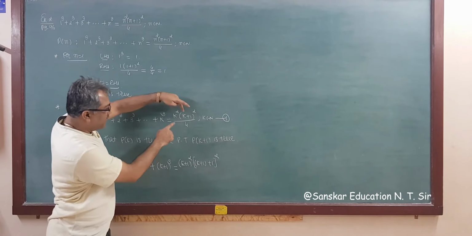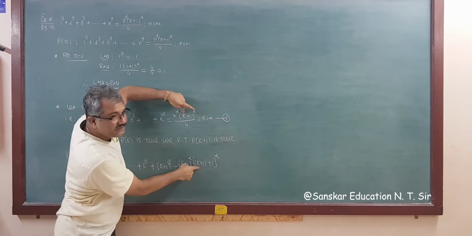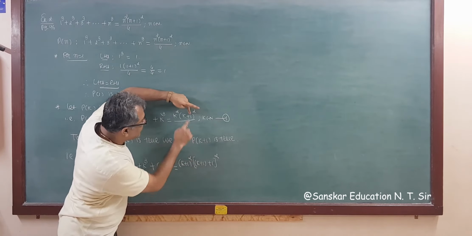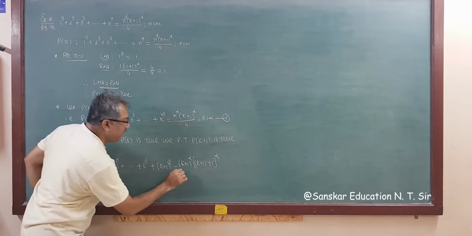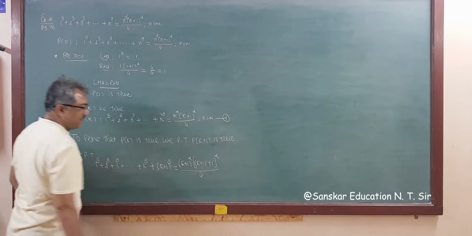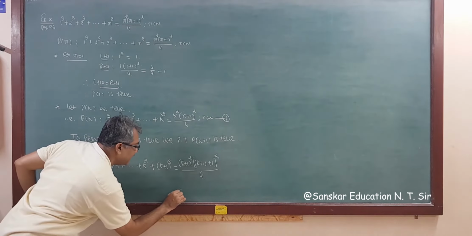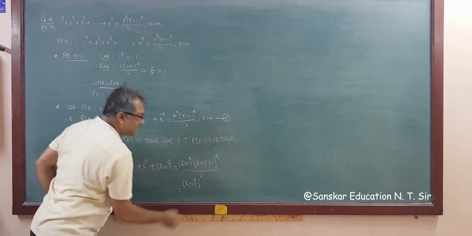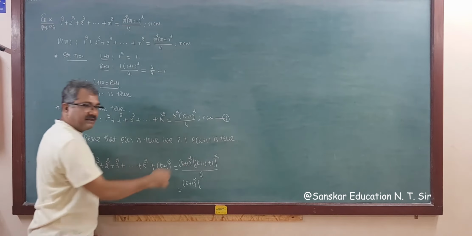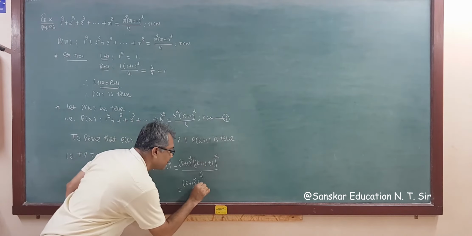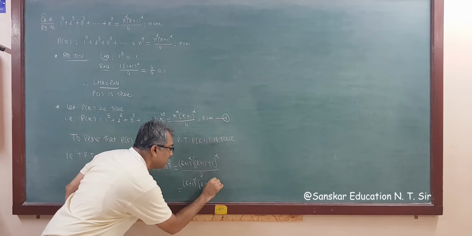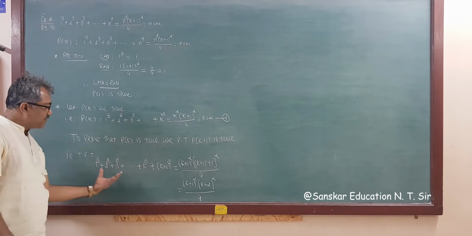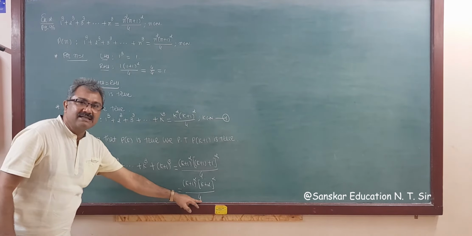Got it? समझ में आई ना? k की जगह पे k plus 1 लिख दिया. k is replaced by k plus 1 and then this is plus 1. Got it? Whole upon 4. Right? So simplification of this is k plus 1 whole square and this is k plus 1 plus 1, that is k plus 2. So k plus 2 whole square divided by 4. So this is what you have to prove. This is your left hand side and this is the right hand side.